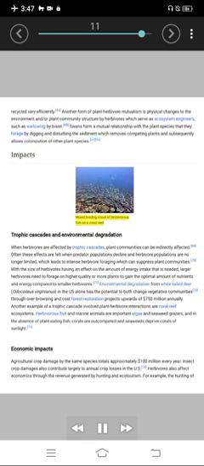Trophic cascades and environmental degradation. When herbivores are affected by trophic cascades, plant communities can be indirectly affected. Often these effects are felt when predator populations decline and herbivore populations are no longer limited, which leads to intense herbivore foraging which can suppress plant communities. With the size of herbivores having an effect on the amount of energy intake that is needed, larger herbivores need to forage on higher quality or more plants to gain the optimal amount of nutrients and energy compared to